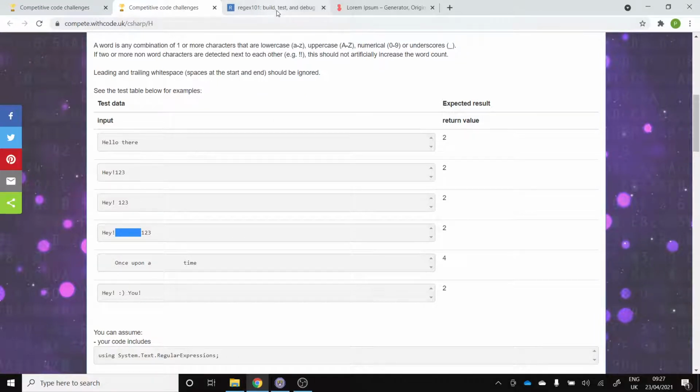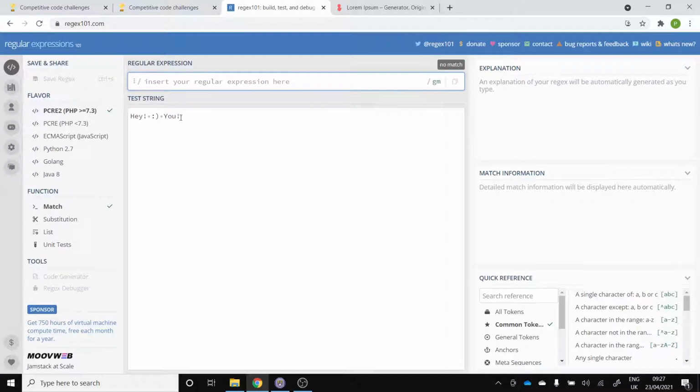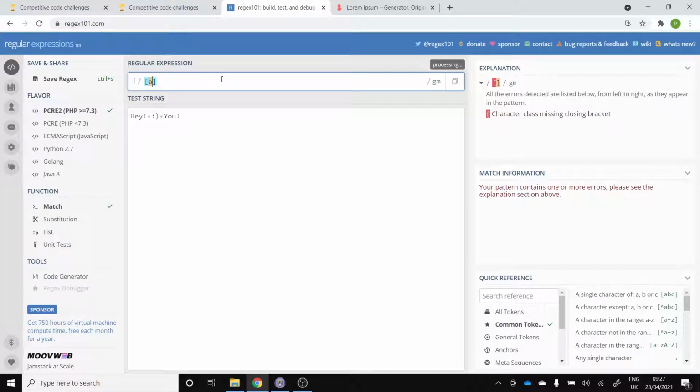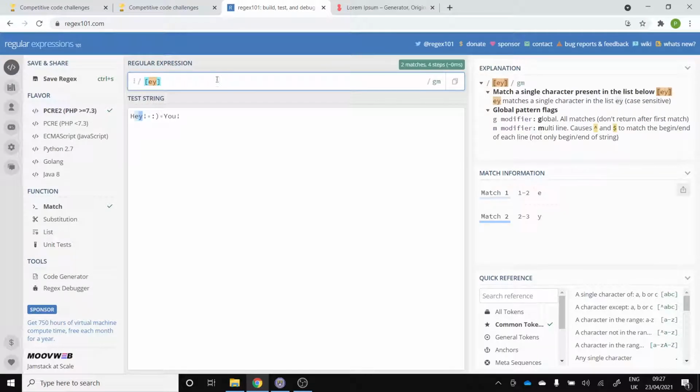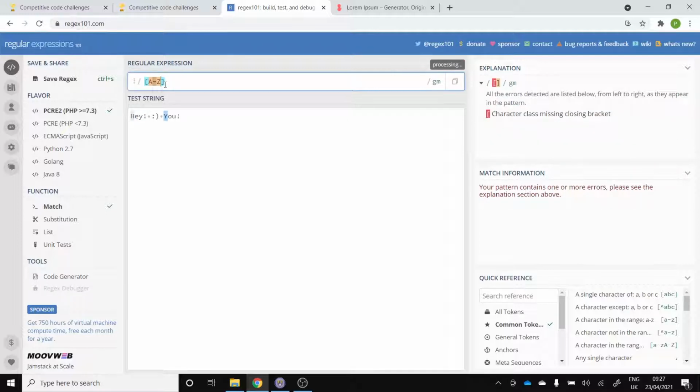I would recommend that you use regex 101 whenever you're testing your regular expressions and putting them together, because it's a nice way of explaining them. You can put your test data in the test string, and then let's remember how regular expressions work. If you put in a character here, your regular expression is going to search for that character. You can also have character classes, as in you can have all of the characters that you want to try and search for, like A to C will search for any of those characters, or A to Z will